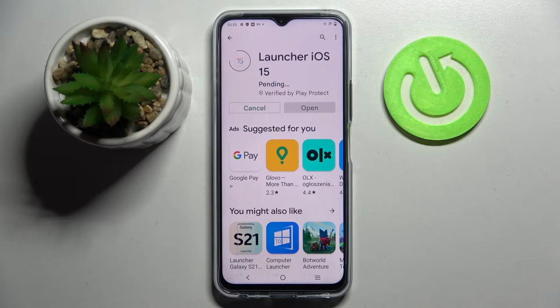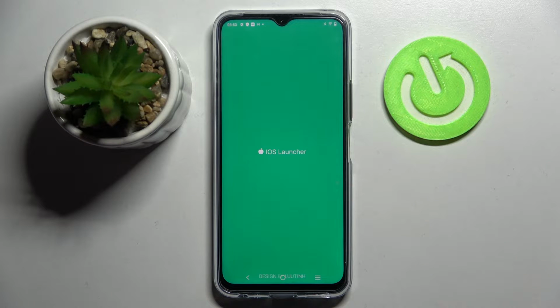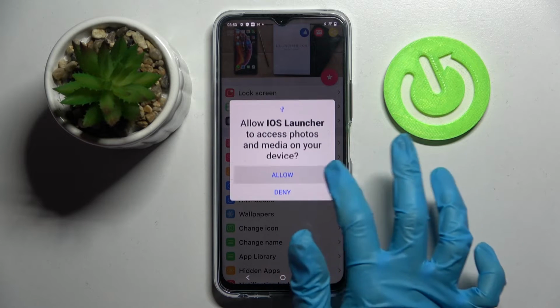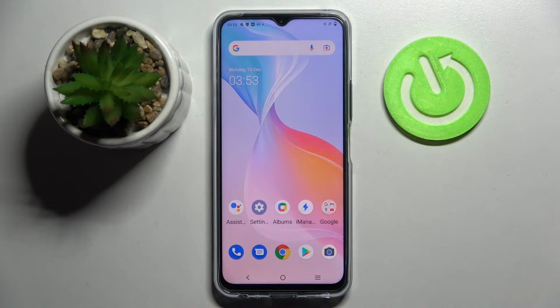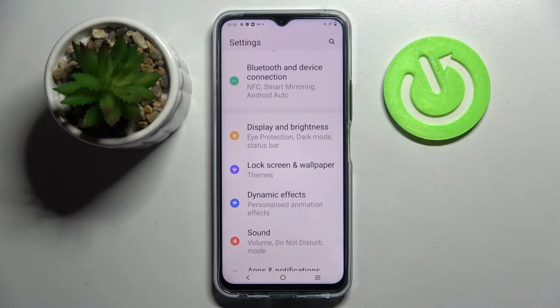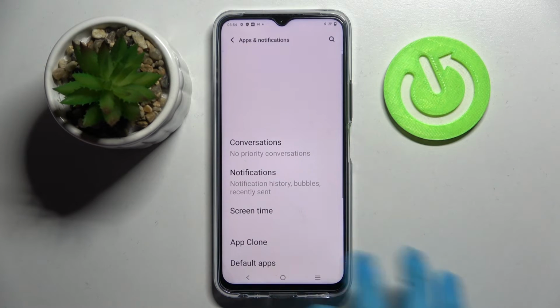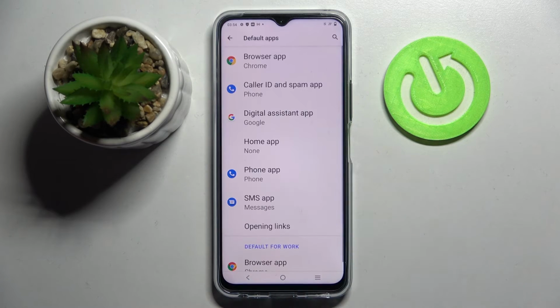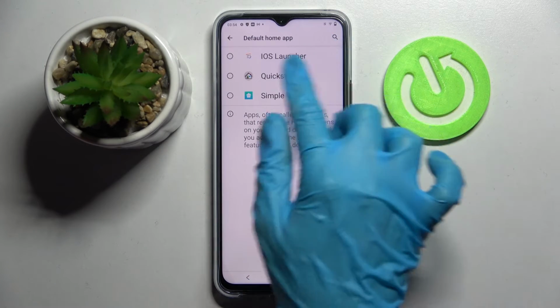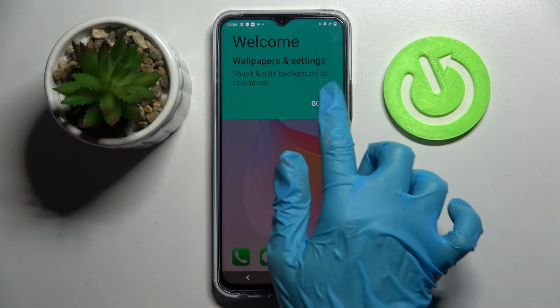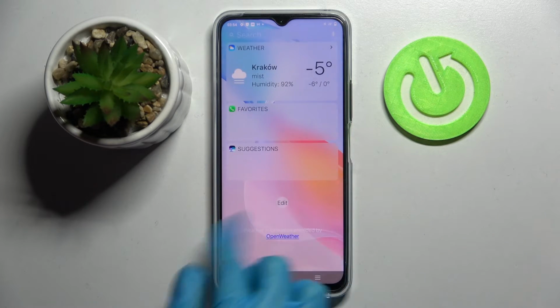Following that, just open. Now wait for the pop-ups to show up, and when they do, choose while using the app and allow. Then click Home button and go into Device Settings. From here you need to scroll down, choose Absence Notifications, scroll down again, tap on Default Apps and select Home app. Now click on iOS Launcher 1, and as you can see, after clicking Got it, iOS Launcher was applied